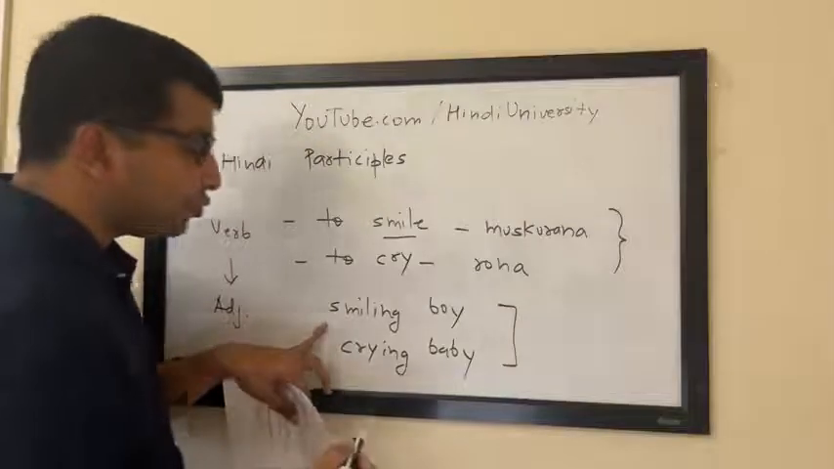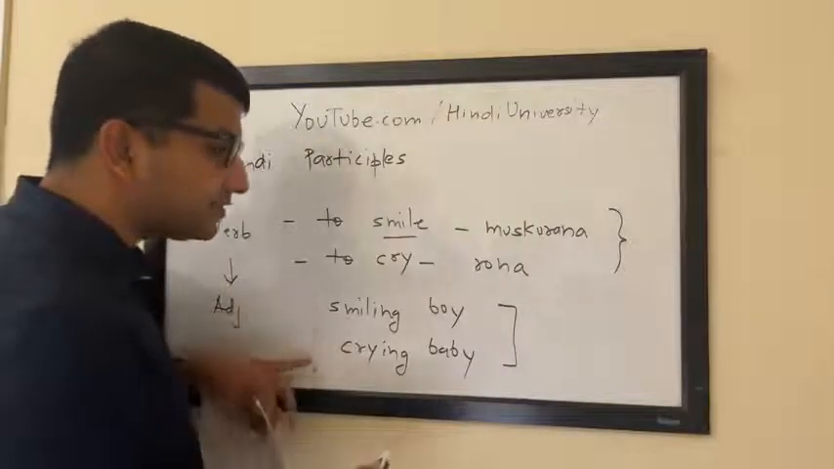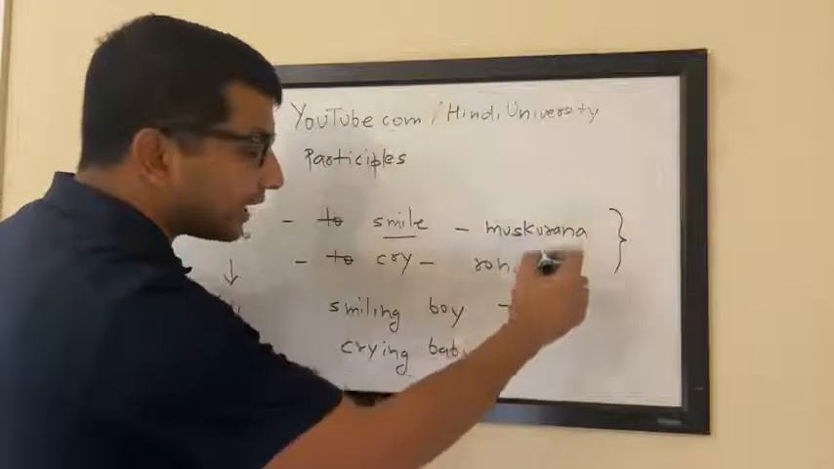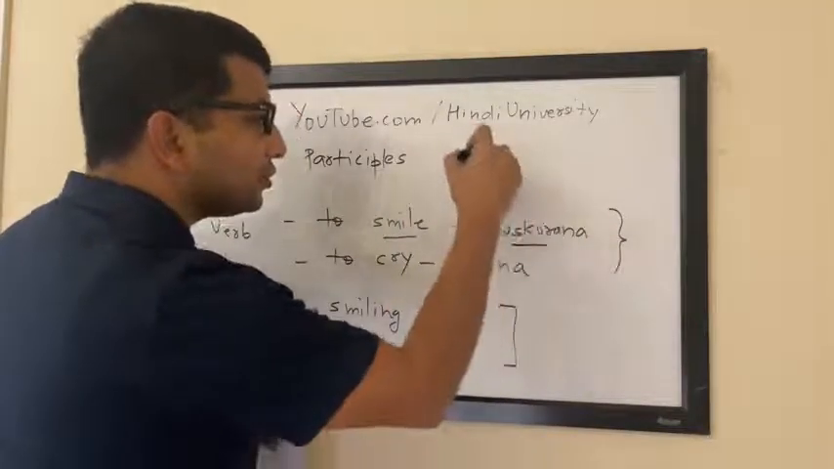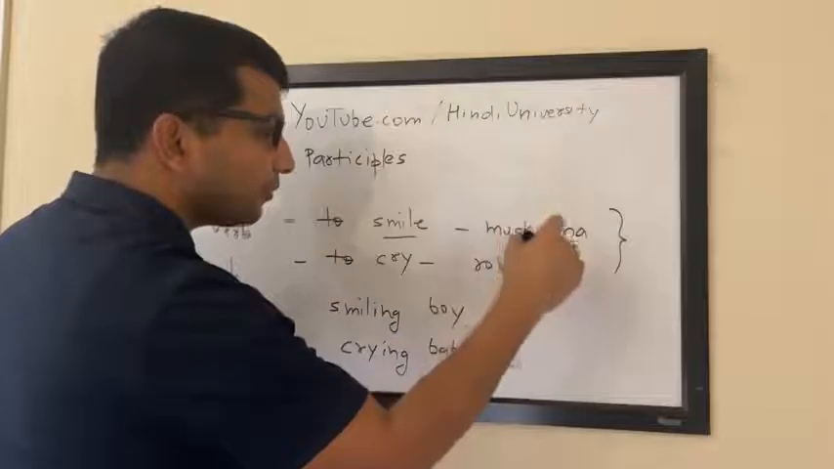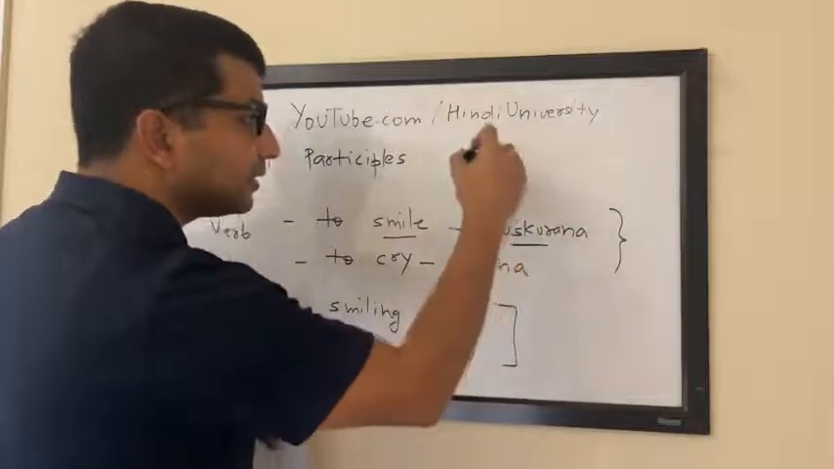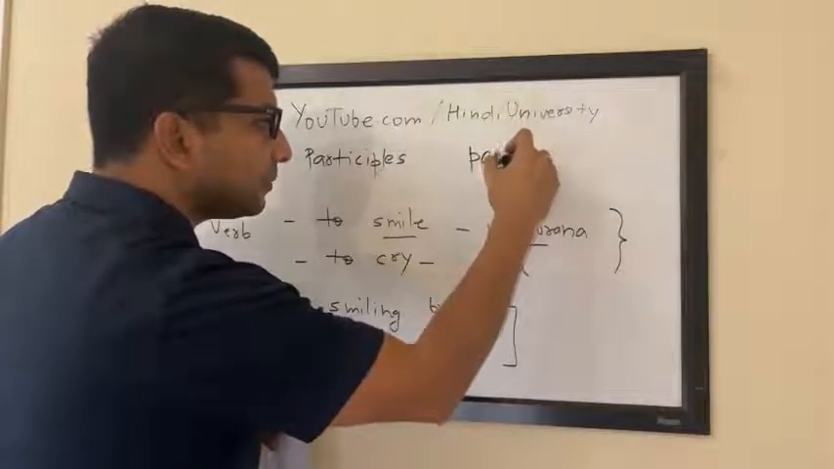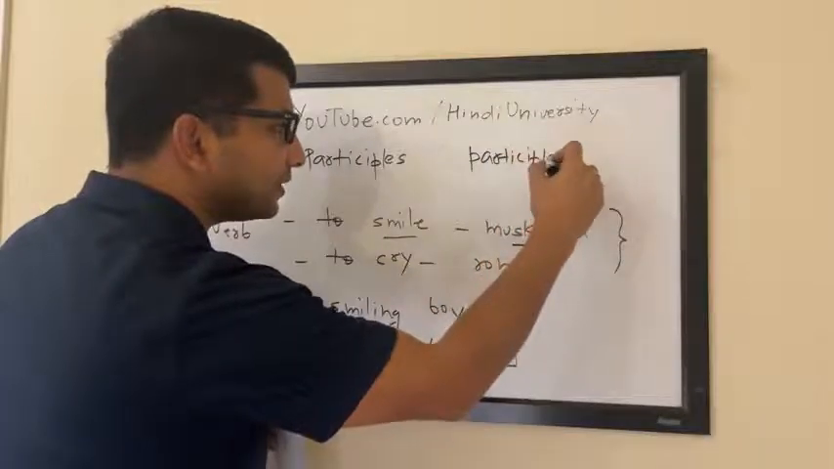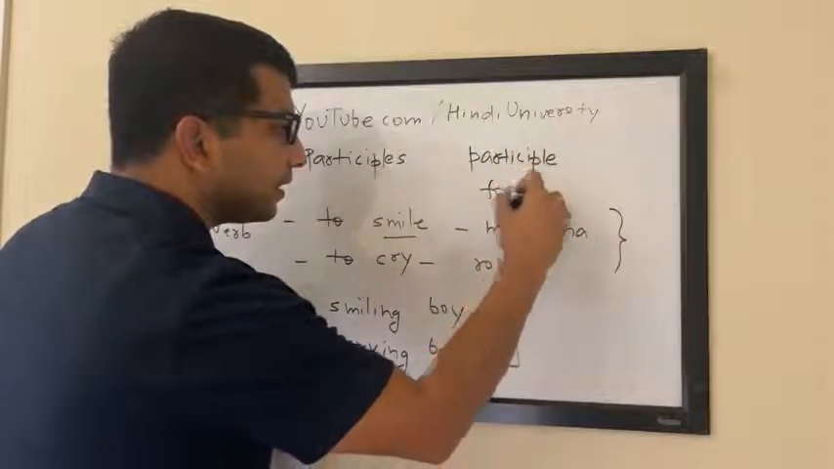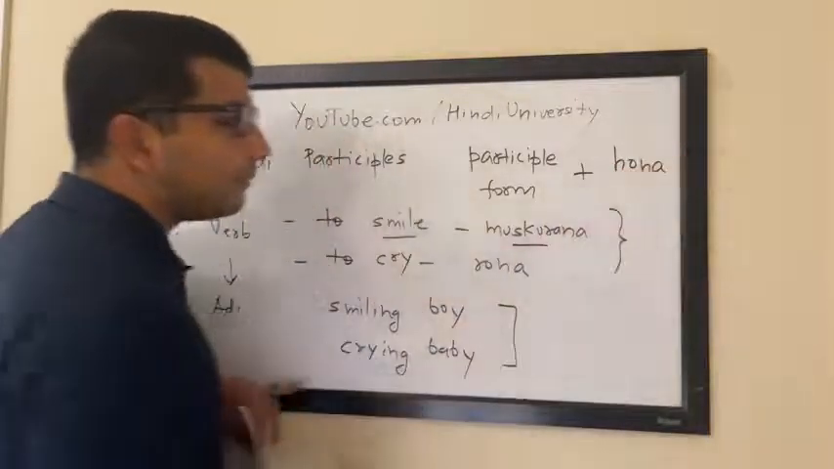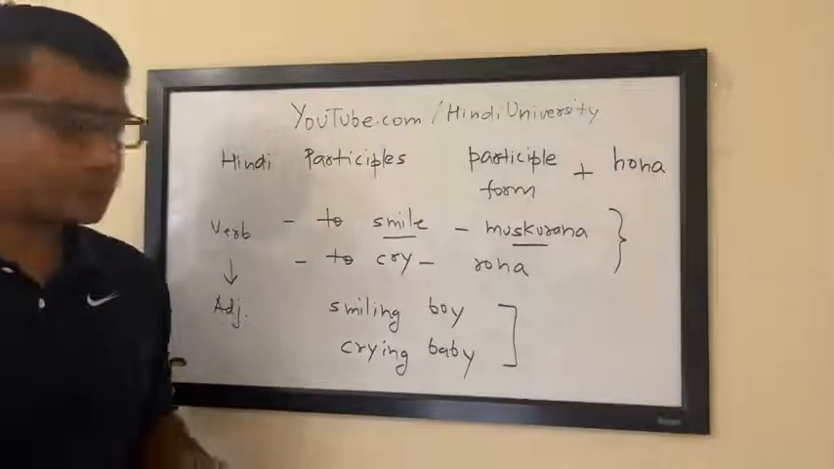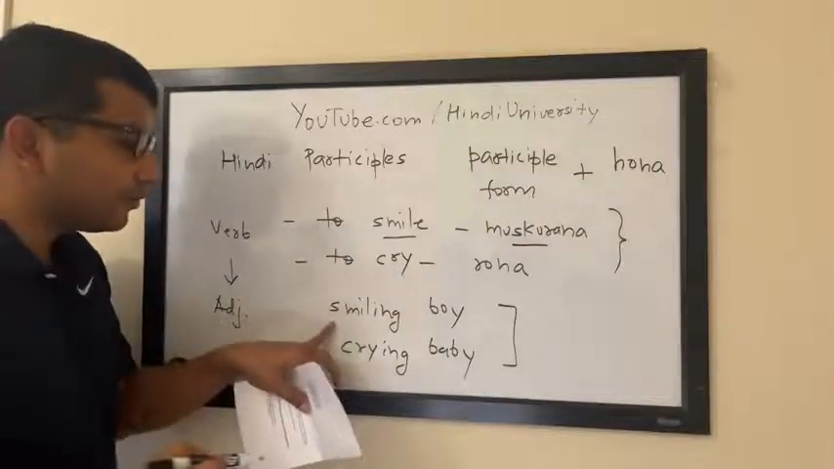And to use them as adjectives, they are derived from the verb. So what you would do is use the participle form of the verb along with the form of hona, and that does the magic for you. So when we learned, like, for smiling boy,